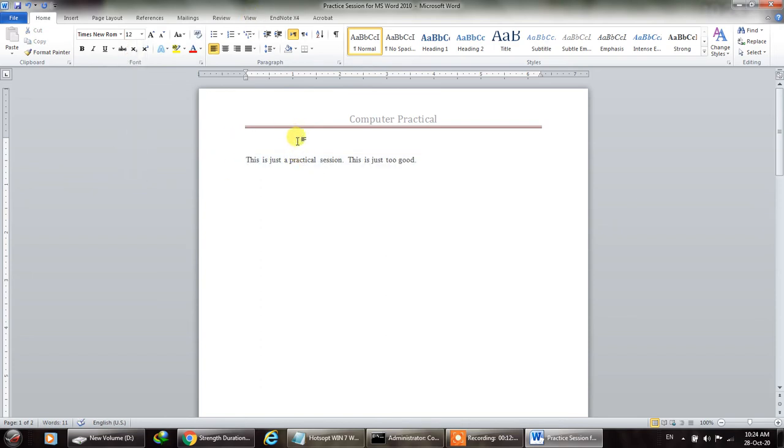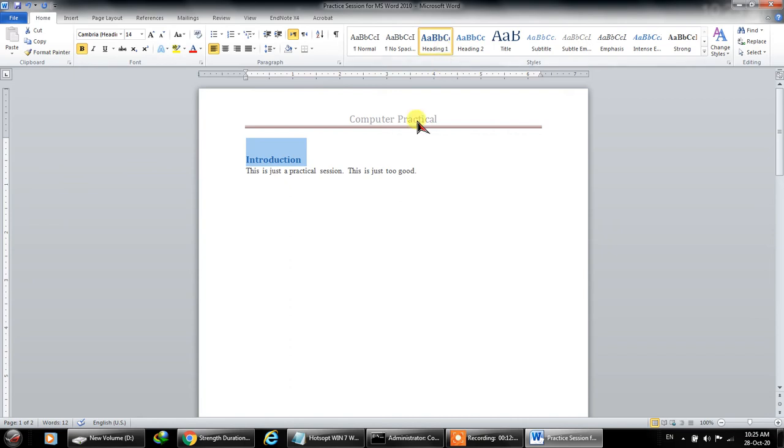Okay, now let's start with the heading. If somehow I remember that I want to have a heading, for example, I can simply click over here and now it has made this word introduction into heading 1. For subheadings, I'll click over here and click heading 2.